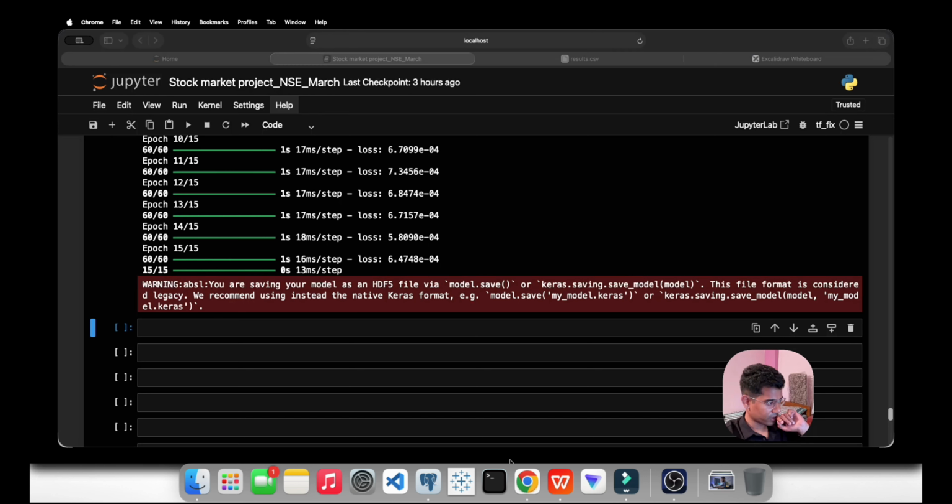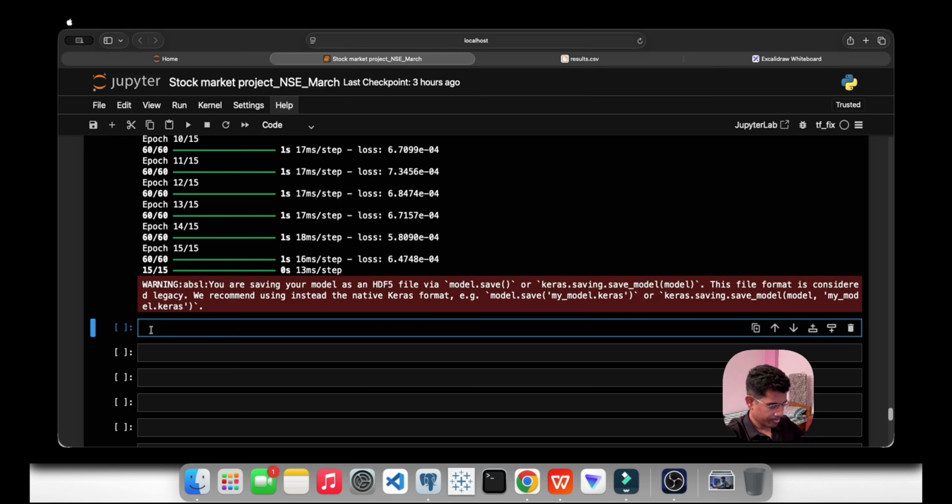Do I need to find something else? Let me check the mail. Should we print the RMSE and all? Let us print it. Okay, let us print. Let us give an f string for RMSE. Let us print it, I would say. 0.6f.